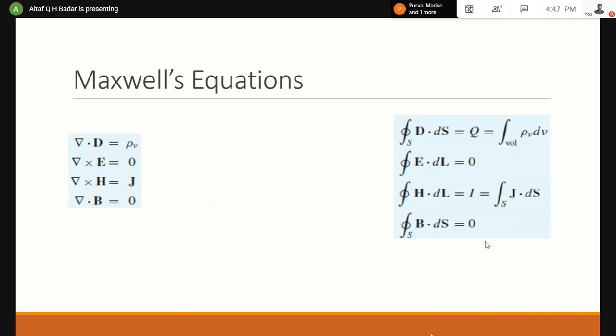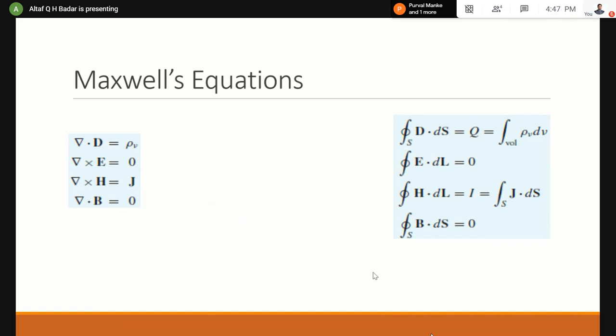These are the Maxwell's equations, and this is in steady state in point form. This one is the point form. This is the integral form. Again, Maxwell equations, you have to learn it, and specifically when it comes to the application. These are some of the laws also. If you just go back a little bit and study it, you'll find that these are certain laws also, like del dot D is equal to rho V, del cross H is equal to J. These are laws by themselves.